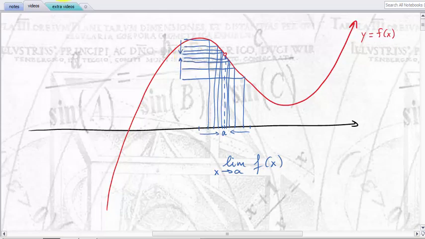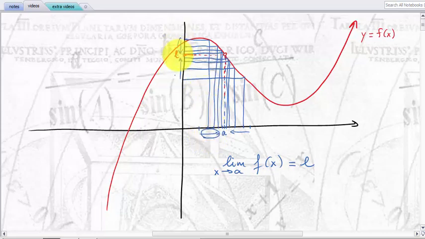Oh, my Y line went off. This is what happens when I draw too many times on the same line. Okay, and I was saying they seem to be approaching a limit value right here, and this limit value is the Y value of this hole right there. If I call this L, I will say that the limit of f of x as x approaches a is L. Now, it has to be approaching L from the left,